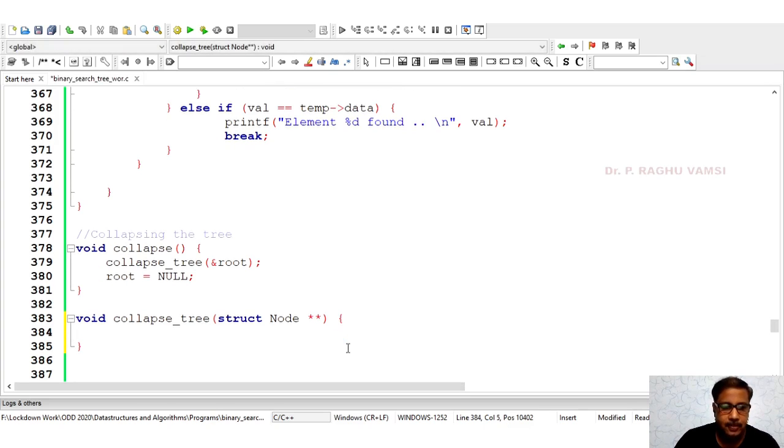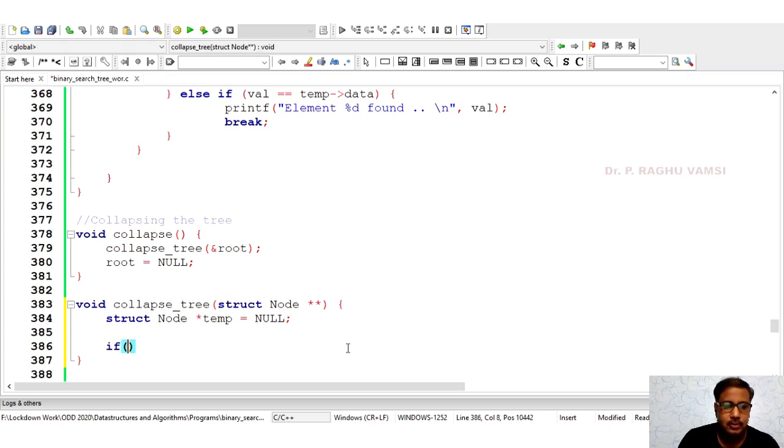Initially we'll take star node, so if star node is equal to null, then return.